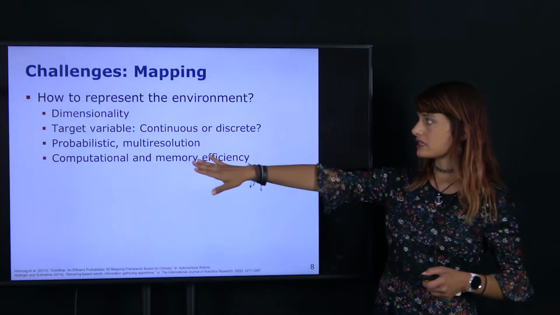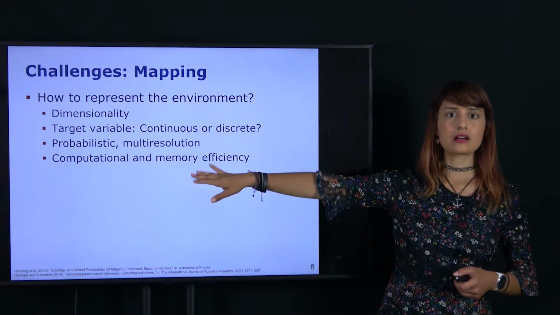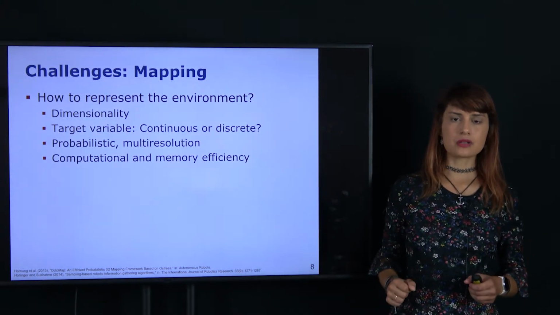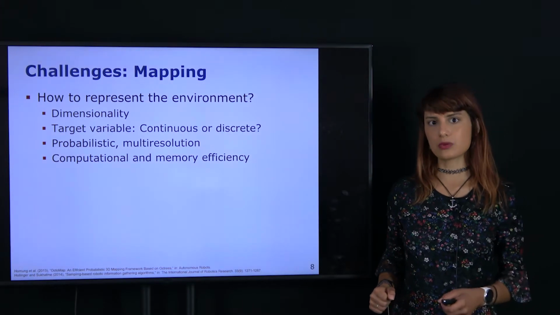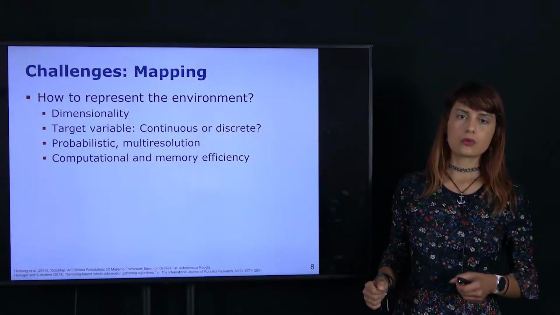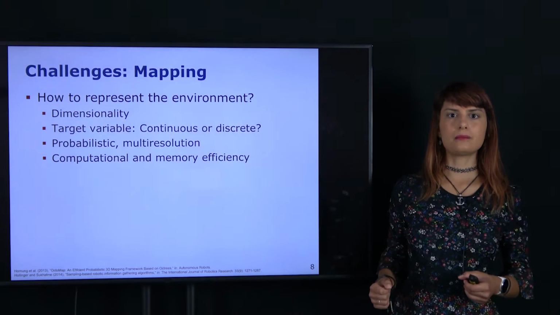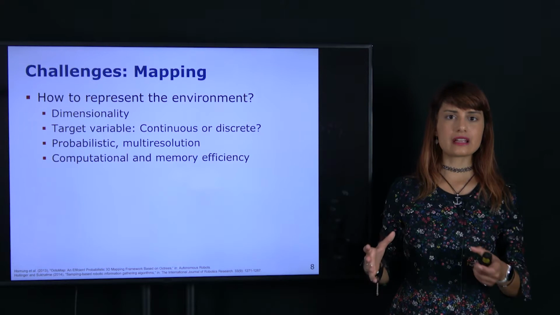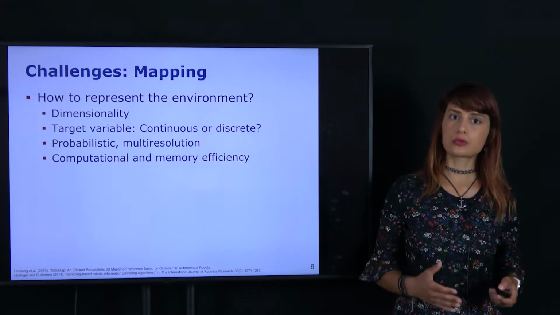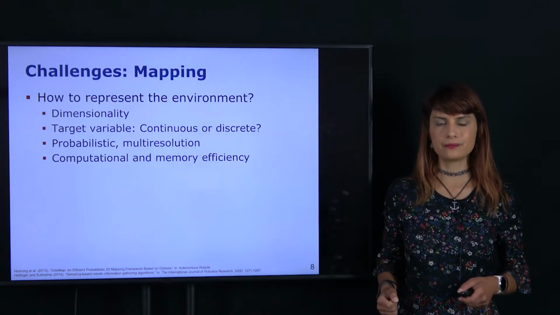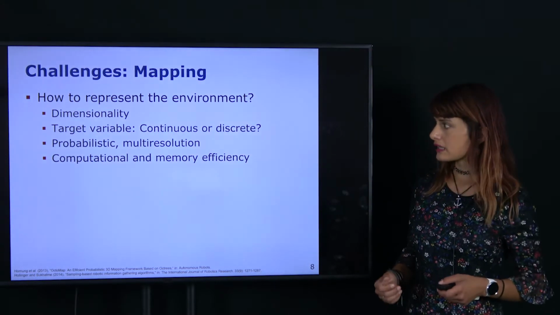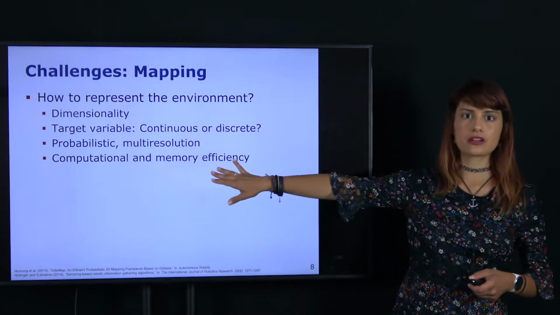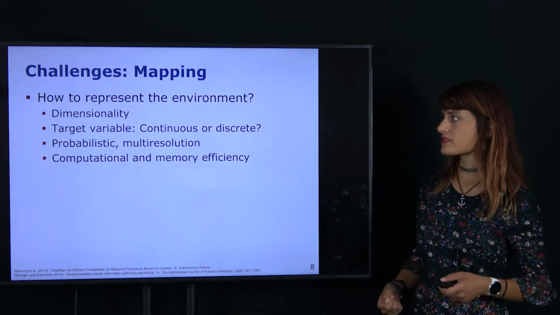We might also need multi-resolution maps for efficiency reasons. Rather than mapping everything in the environment at a uniform resolution, for example, with a uniform grid, we want to group in larger cells in the grid case areas that are less interesting in order to save computation time as well as memory. And very related to this is just generally thinking about the computational and memory efficiency of the algorithms